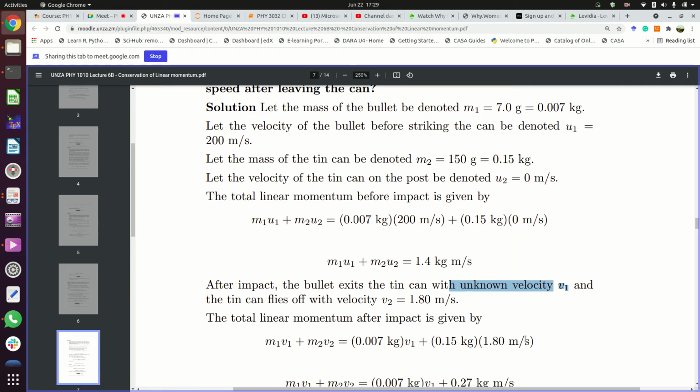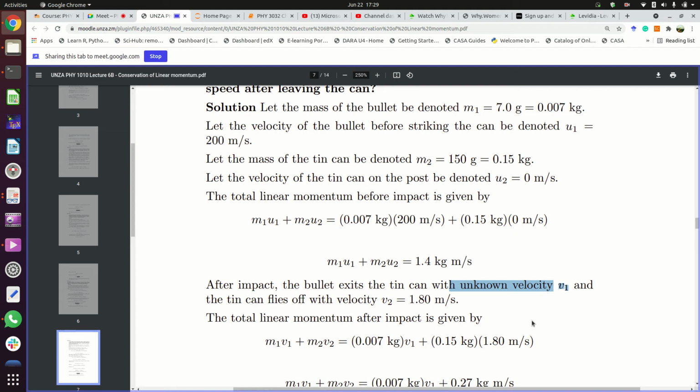So before the bullet strikes the can, its velocity is always 200 meters per second. After the bullet strikes the can, yes, the velocity can change during that, but after that, its velocity has to remain the same, unchanged, because we are also assuming that there is no other external force acting on the bullet just before and after